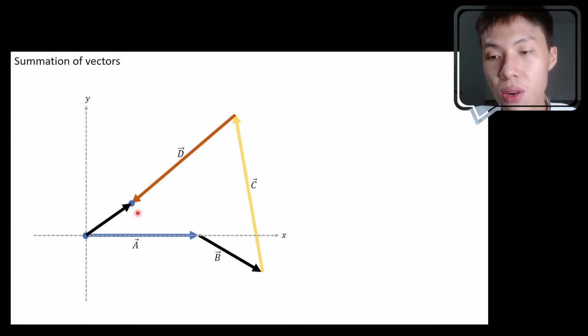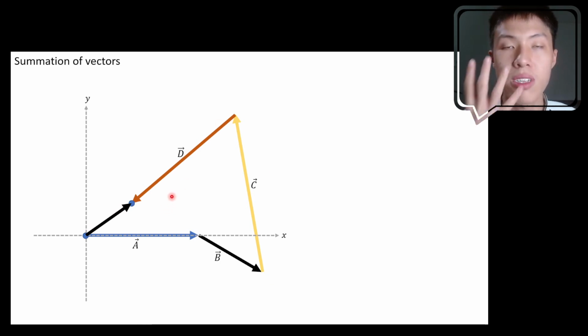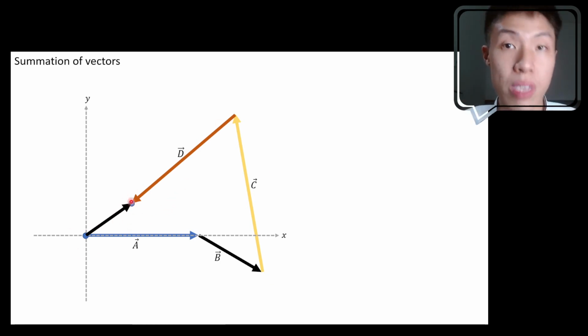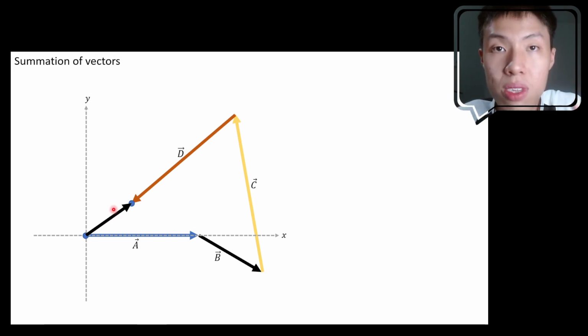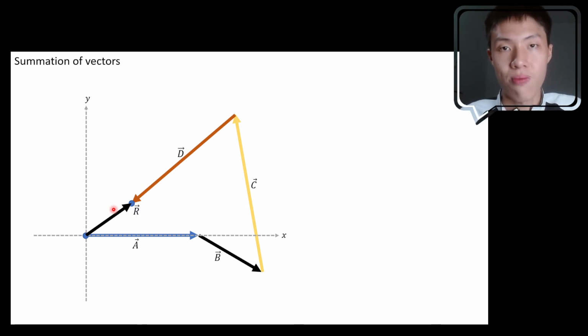So this is our final answer, which we say is the sum of A and B and C and D. If you sum these 4 vectors up, this should be our final answer. And we call this answer here the resultant vector. It's the result of the summation. So I label it as R, meaning resultant. And of course, R has a certain magnitude and a certain direction, which can be described by the angle theta